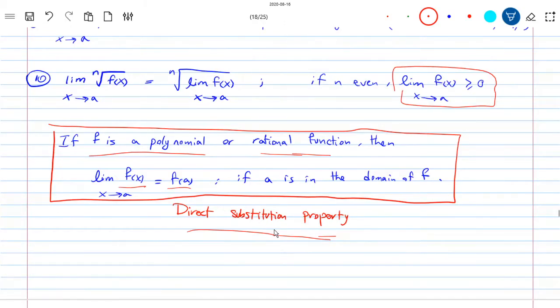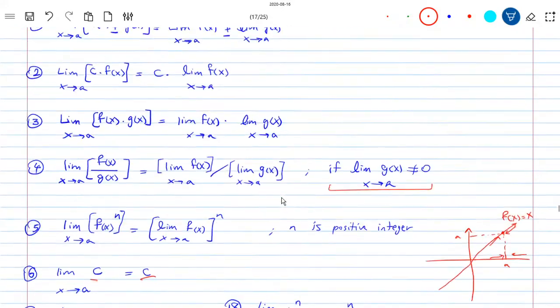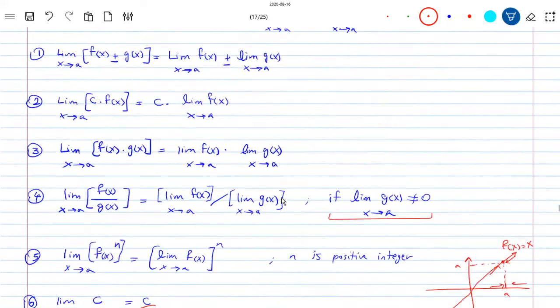With the assumption that a is in the domain. So if you're dealing with rational functions, it shouldn't make the denominator 0 because it would not be in the domain. We will get to this in a bit, but let's use these 10 properties. I made